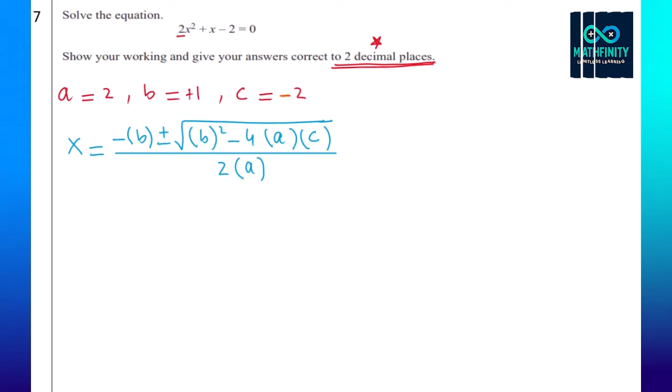Now we will substitute. After writing the values, this is the first step. You have to show to the examiner. Then you have to write the formula. Now we are going to substitute. X is equal to